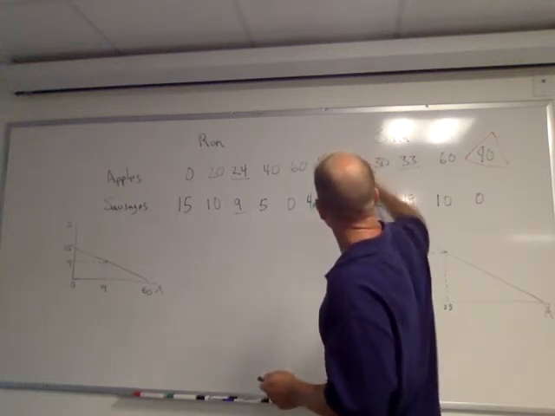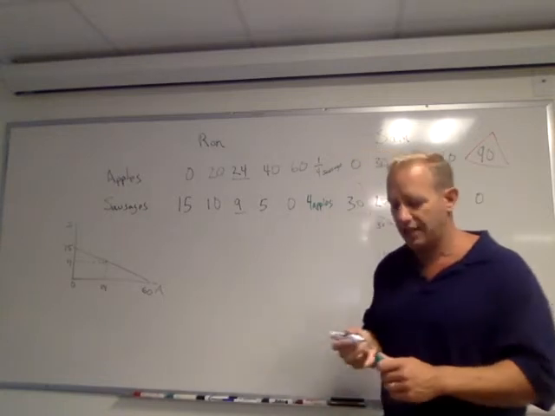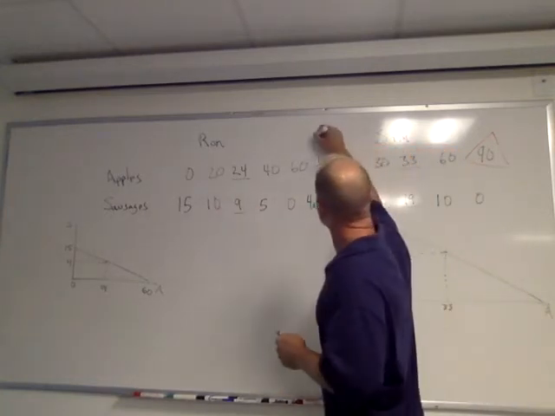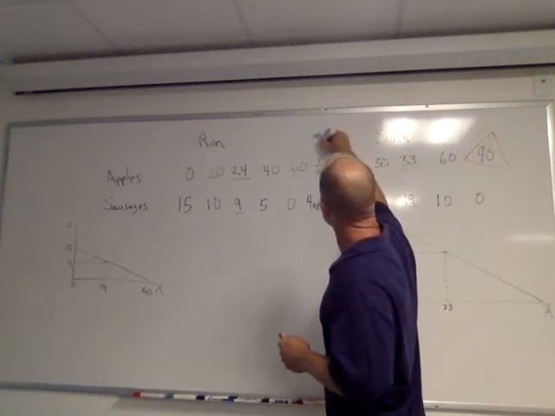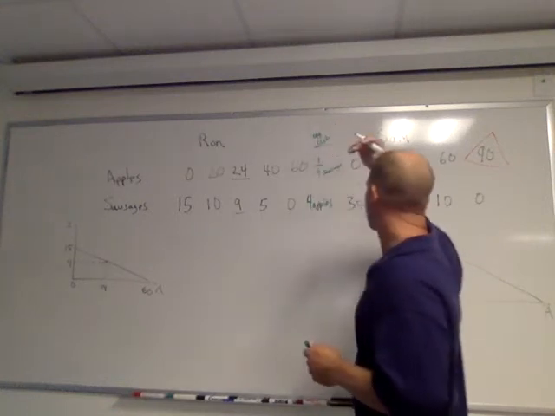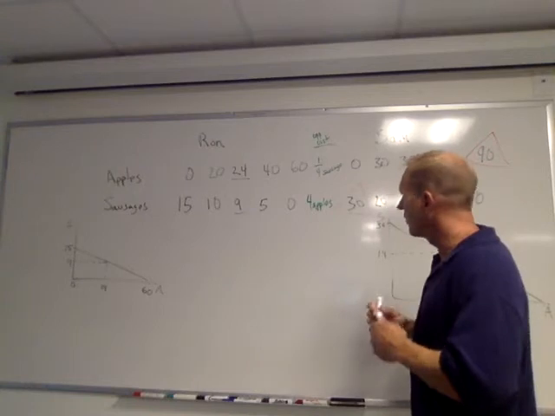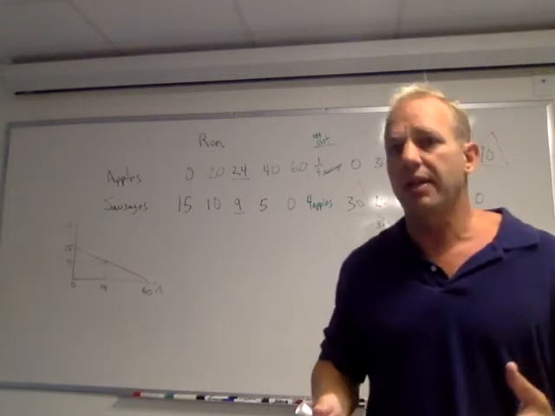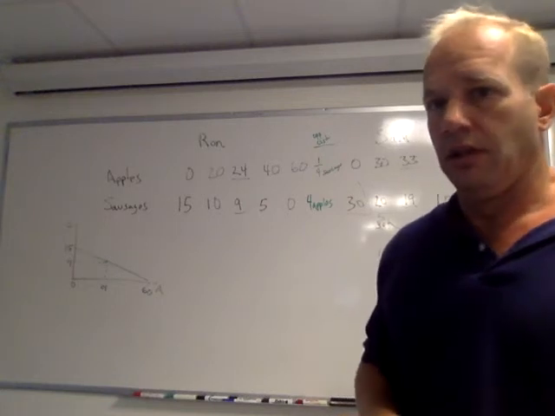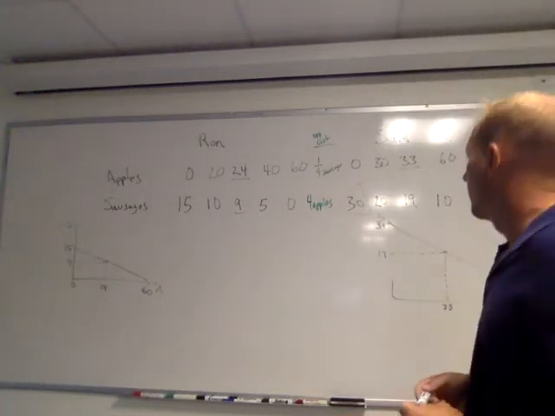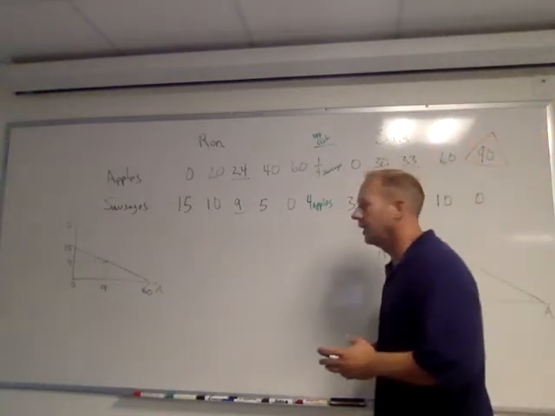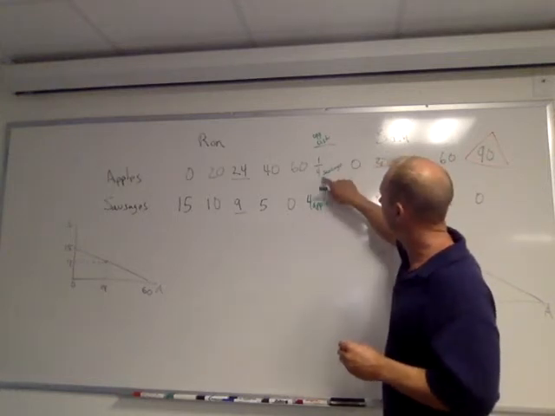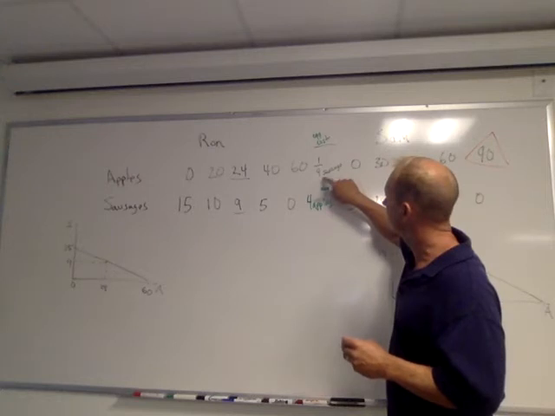An apple costs him 1/4 of a sausage. What's the relationship between 4 and 1/4? Just in math. They are reciprocals. And that is a very handy thing for us, because seeing the trade-off that is less than